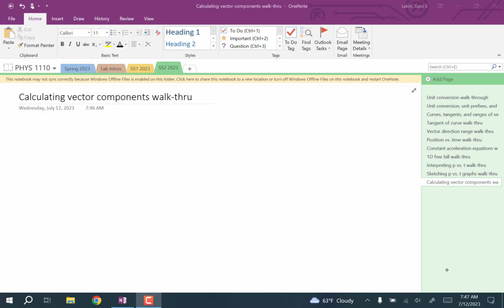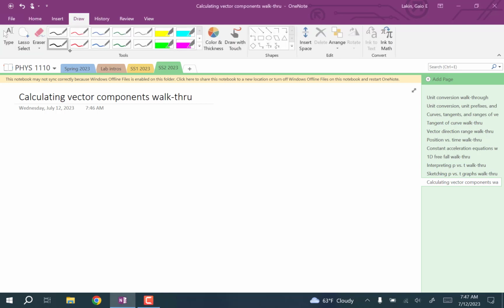Okay, this is a walkthrough of calculating components of a vector in various coordinate systems. I am going to do this with a vector that's going to be really important to us. You'll see this later when we get to rolling and sliding problems in Newton's laws. Okay, so let's say that the vector we have is